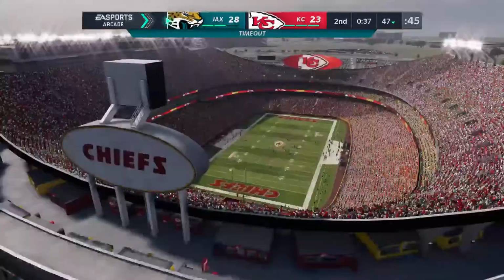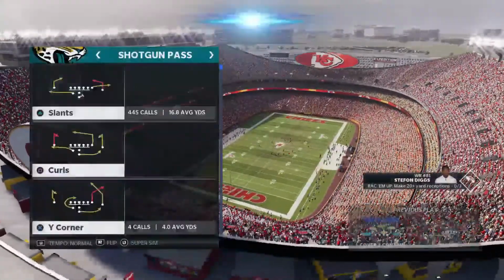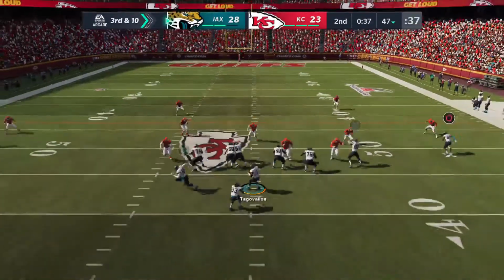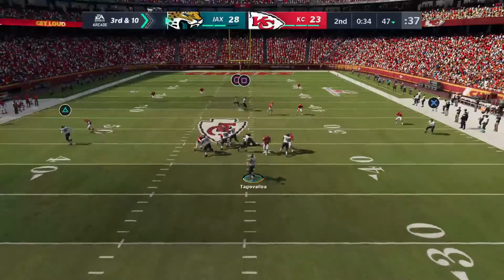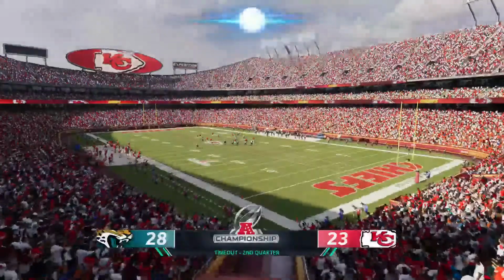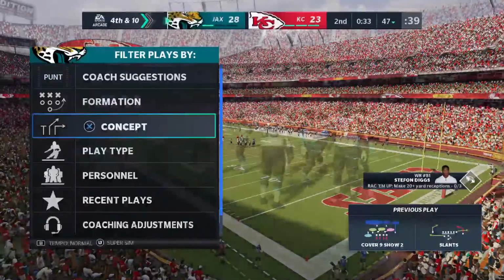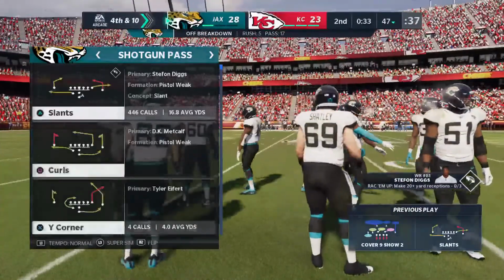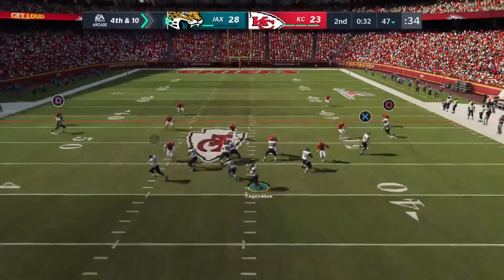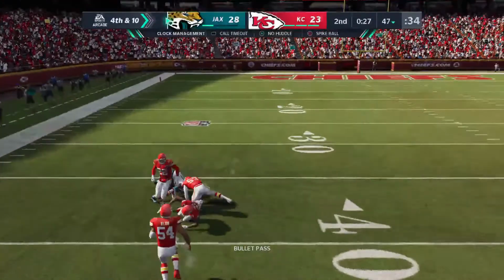And his throw here is incomplete. The Jaguars going to go ahead and use their first timeout, as the clock will stop with 37 seconds to play in this first half. 10 yards to go. And now the third down throw incomplete as well. Now the Jags will use the second of their timeouts, as the clock will stop with 33 seconds to go in the first half. The 3 straight incompletions, they don't care. That hasn't dissuaded them. They're going to go for it on fourth. And he is...